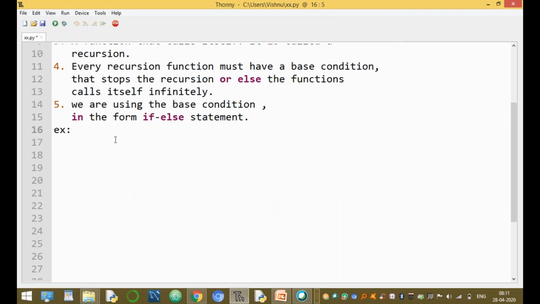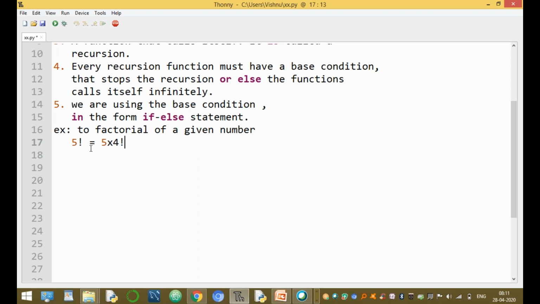The best example of a recursive function is to find the factorial of a given number. How to find the factorial? For example, if you want to find 5 factorial, 5 factorial is equal to 5 into 4 factorial, as we use in the mathematical concept.